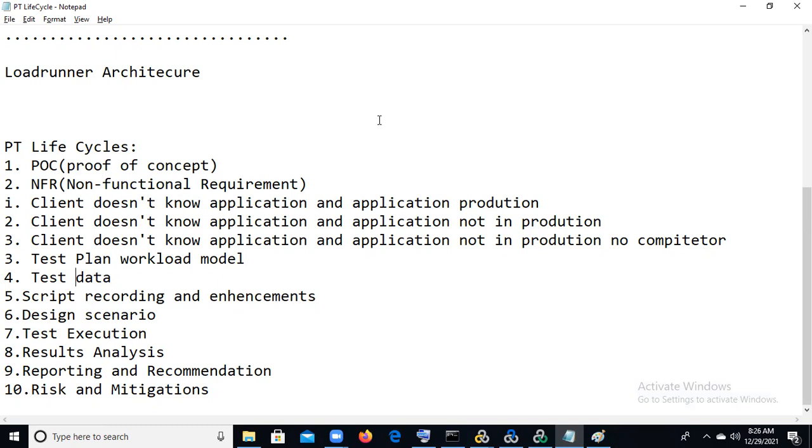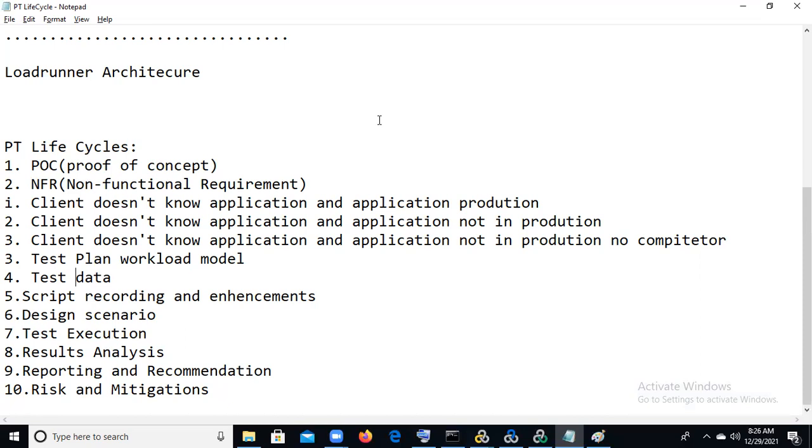Means before starting our testing or our work, we follow a process like the PT life cycle. Different questions may come, like what is the process following in your current organization, or what is your performance testing life cycle.